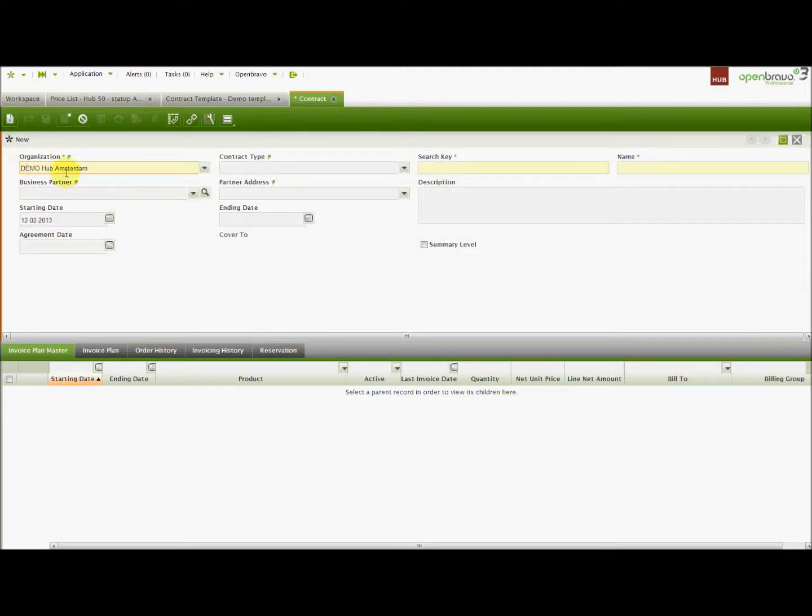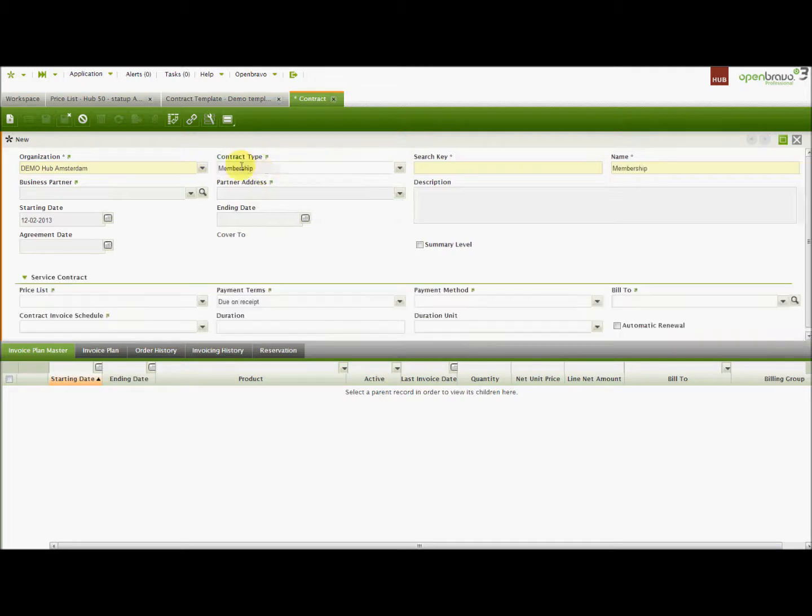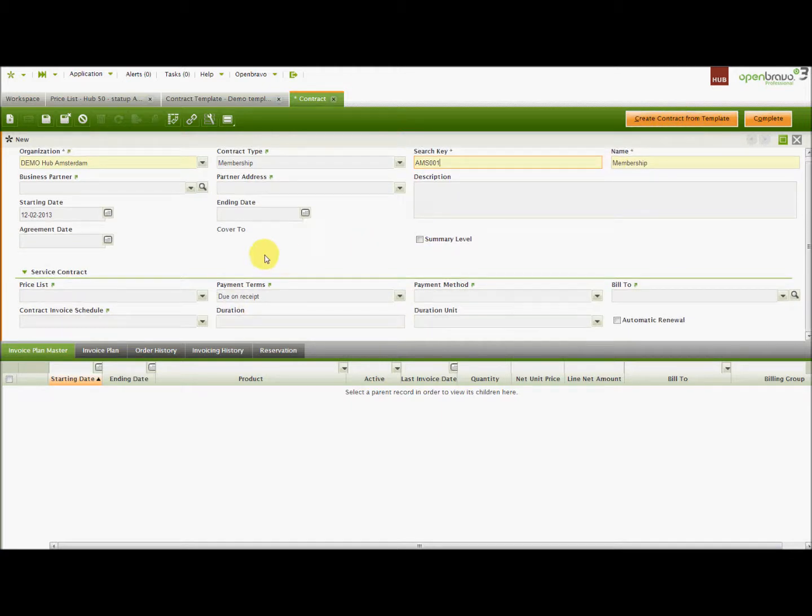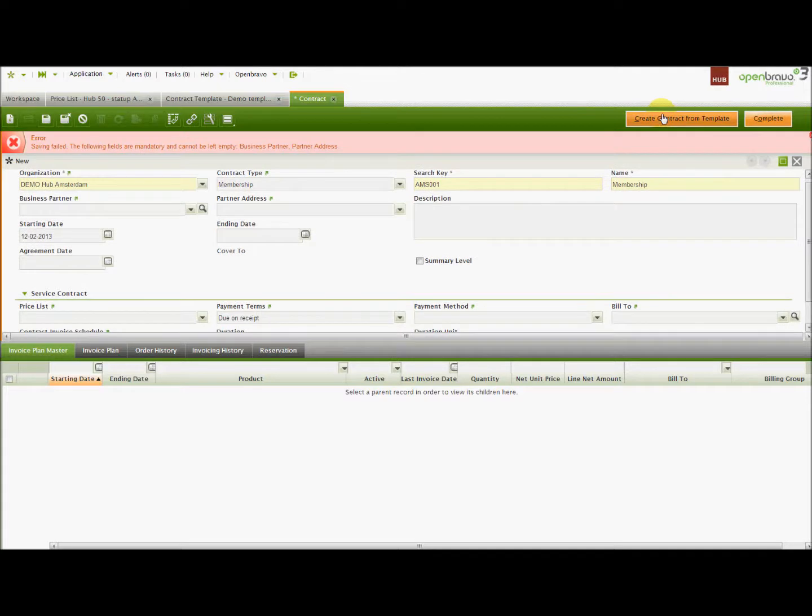Okay. Once again, I'm creating this contract for the Amsterdam hub. As a contract type, I will select a membership contract. I'm going to add a code, for example, and now you can see here the button to create contracts from template. If not, I can create the whole contract from scratch, filling all the fields,